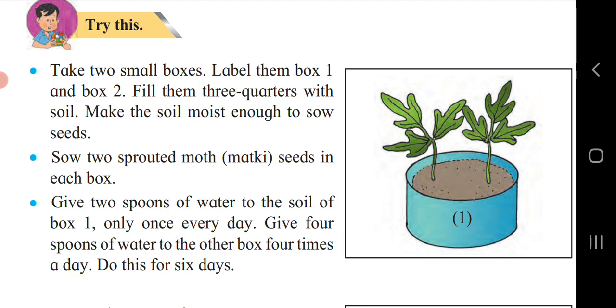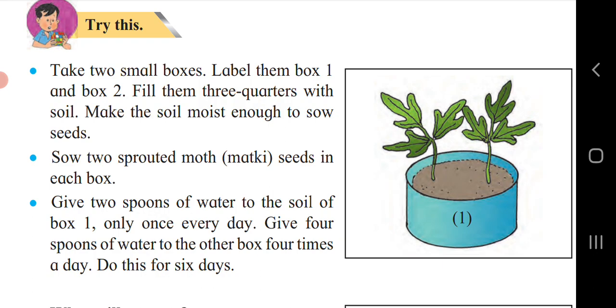When we observe, the saplings that emerged from seeds in box number 1 show proper growth, and the saplings that emerged from box number 2 start rotting. The conclusion we got from this activity is that if more water is added than the plants need, the roots of plants start rotting. It also shows that these saplings are not aquatic plants and that they do not grow in marshy soil.